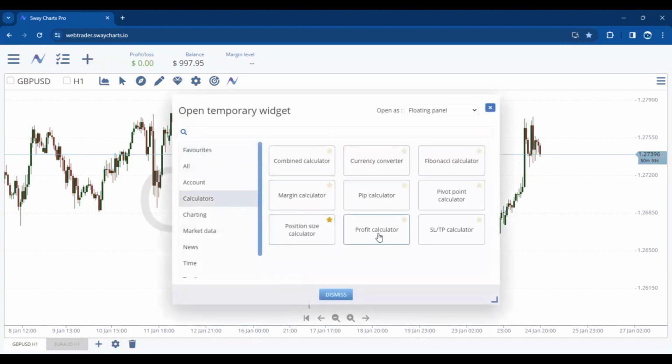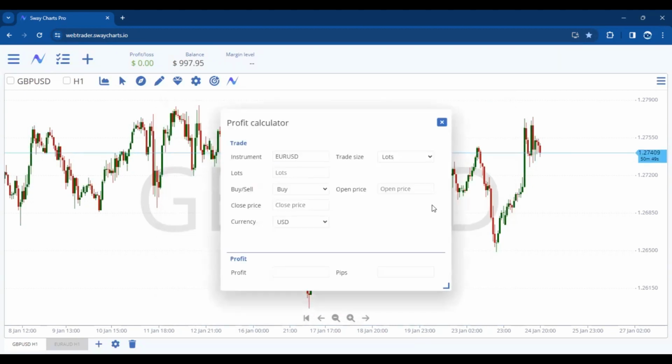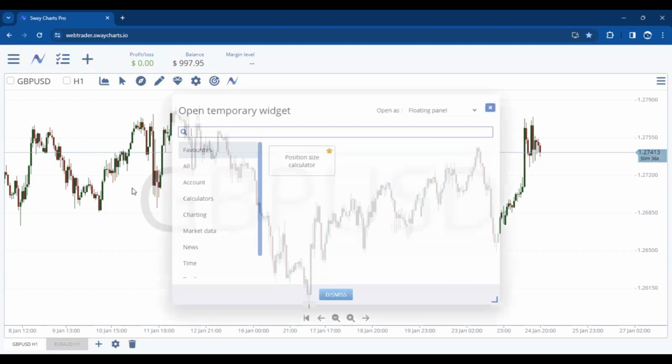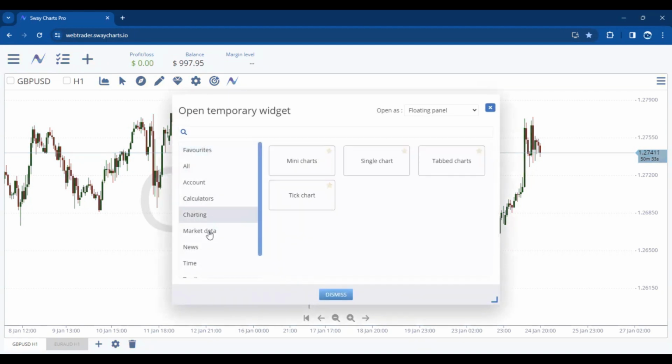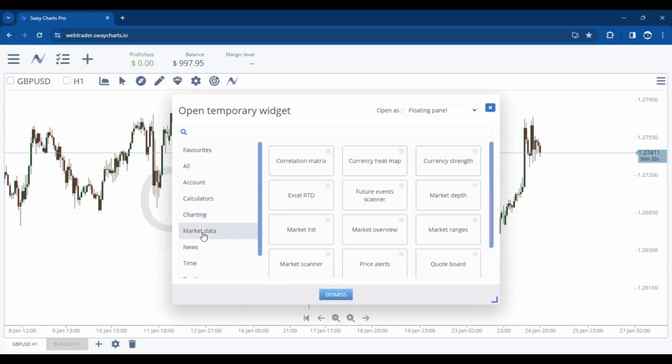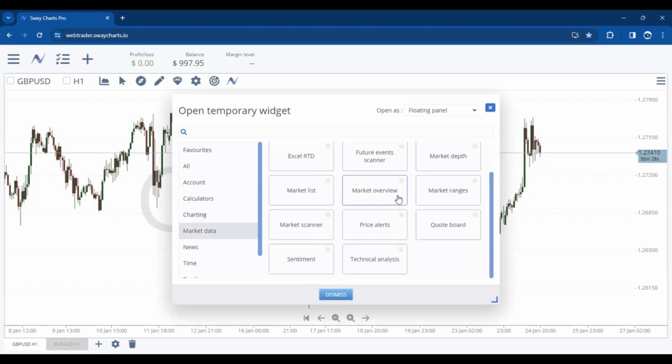When it comes to calculators, you have the profit calculators, you have the stop loss and take profit. So this is the profit calculator you can use to know your profits or your stop loss, to know your profit on your trades. So we have different types of calculators, a lot of them you can play around with. When you come here, you have the charting tools, you have the market data, and one other tool I really love most